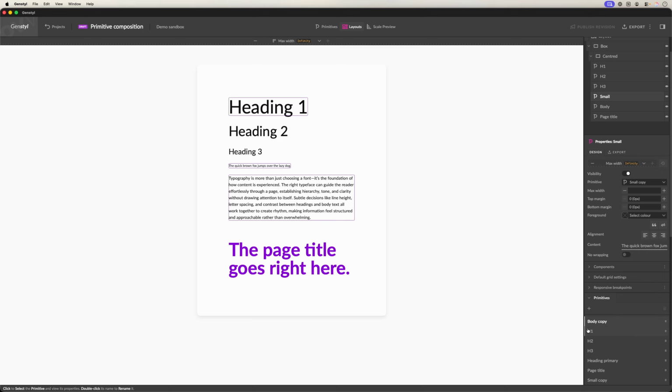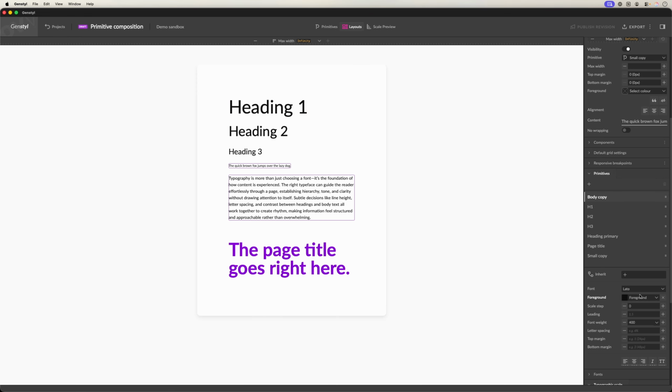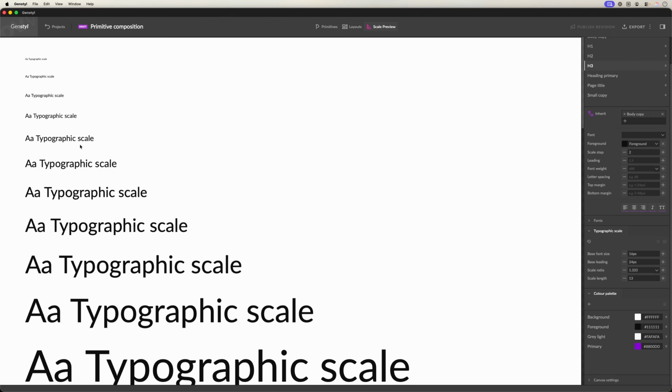So we can look at the body copy, and here we have the font, the color from the palette, and then the font weight. And then H1, for example, inherits from body copy, has a scale step of 5, and then an overwrite for the heading of 1. So H2 the same, that's scale step 4 and scale step 2, and that just represents where these items are